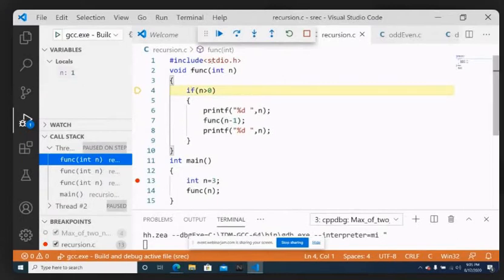I'm starting from the 4th line. So the condition is true because 1 is greater than 0, I enter inside. What is the present value of n? 1. So already 3 2 gets printed. Now 1 also will be printed. So I will be printing 1. And after printing 1, there is again a recursive call. So one more activation record will be created, but the value of n is equal to 0.